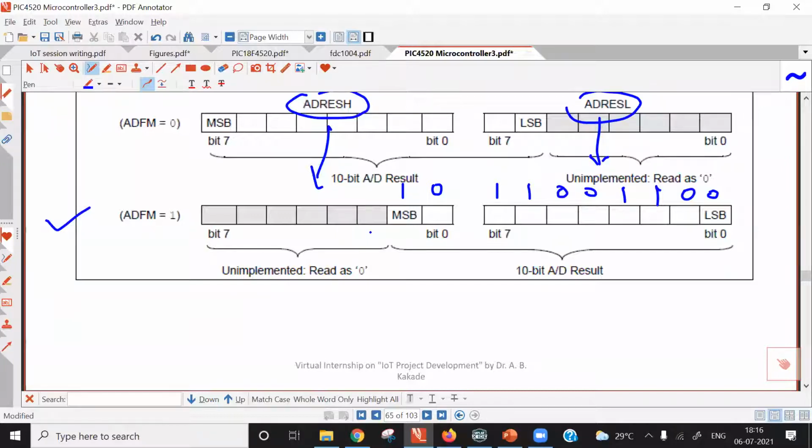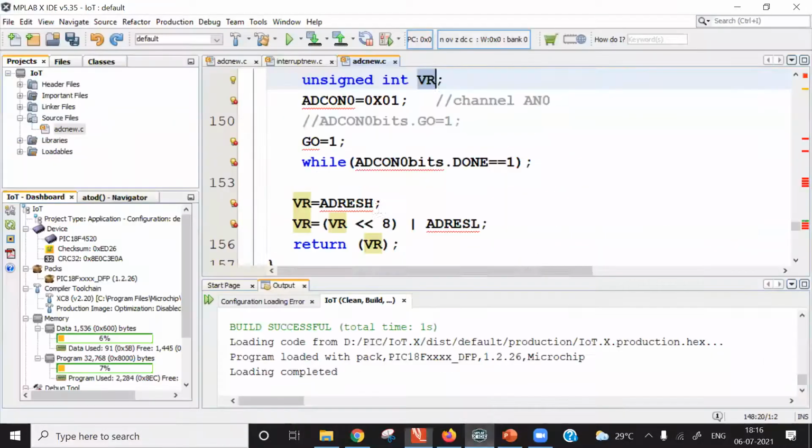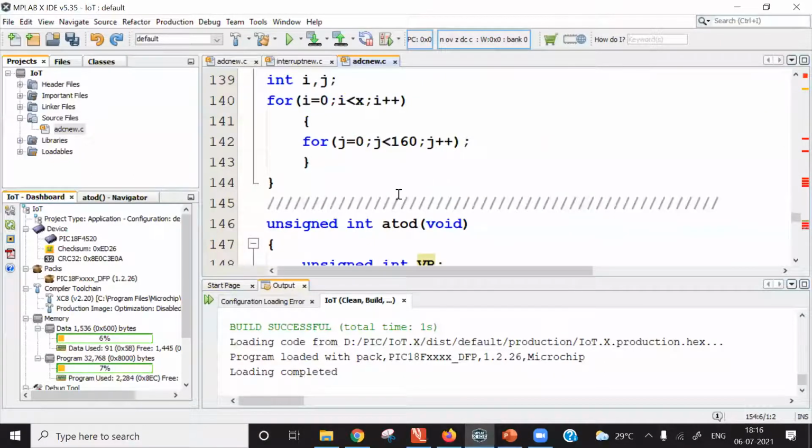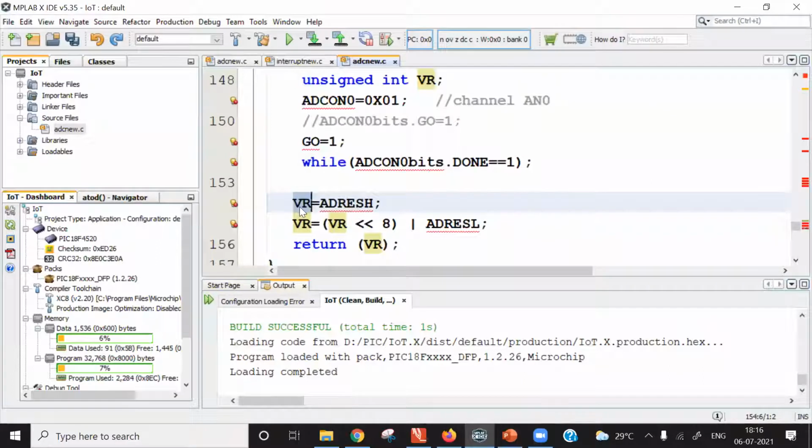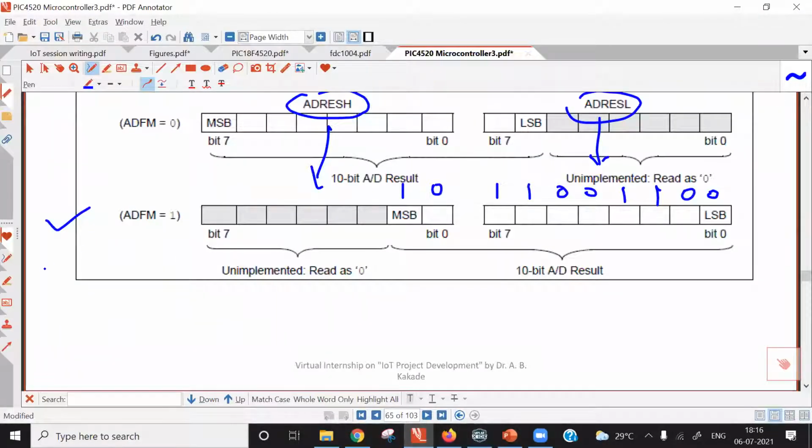So let us combine this result. Initially what I am doing in this program is saving the content of AD result high byte in variable VR. VR is integer type. So what will happen now? Our VR is equal to AD result high byte. I have taken some random binary digits here just for explaining the concept.